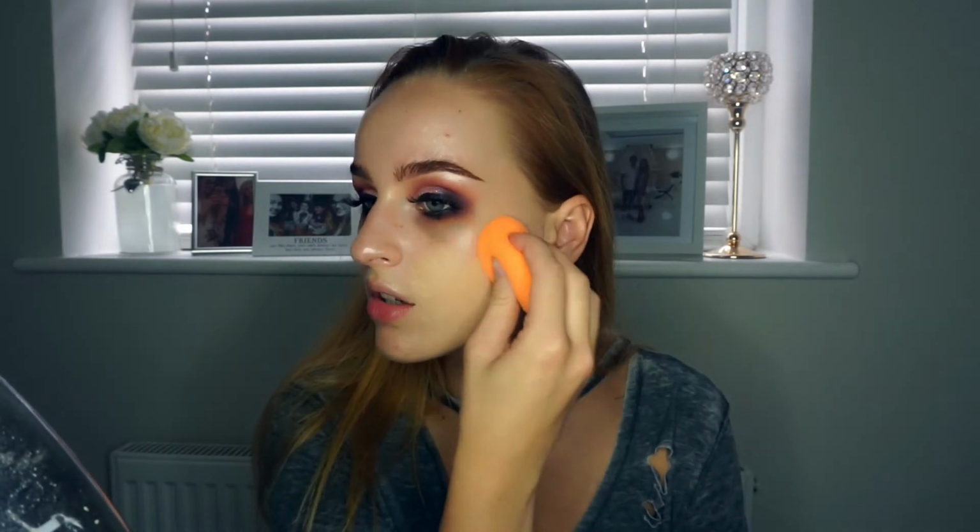So for foundation, I'm going to use MAC's Pro Longwear Waterproof. This is in the shade NC30. I keep using Studio Sculpt, like I only have two foundations in my shade at the moment, which is Pro Longwear Waterproof and Studio Sculpt, and I'm always using Studio Sculpt, but I do really love that foundation, but I just thought I'd try out something different today, so that's why I'm going with Pro Longwear Waterproof, which, by the